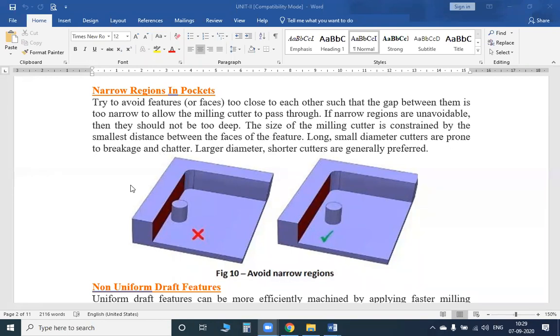Clear? One of the main disadvantages is that when you are doing an operation in this gap, if a tool breaks or any chips are left on the surface, you can't clean or remove them. When you maintain a proper gap between the faces and the cylindrical part, you can easily remove and clean the part. So accept this type of workpiece, and don't accept this type of workpiece.